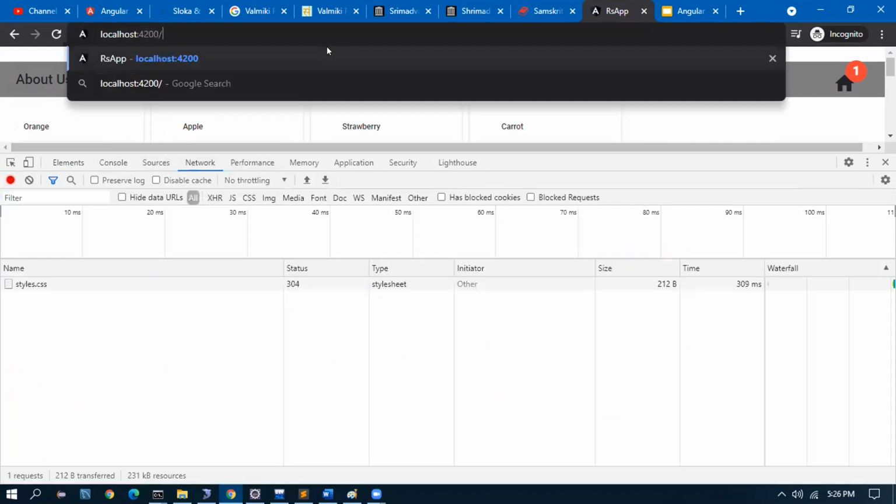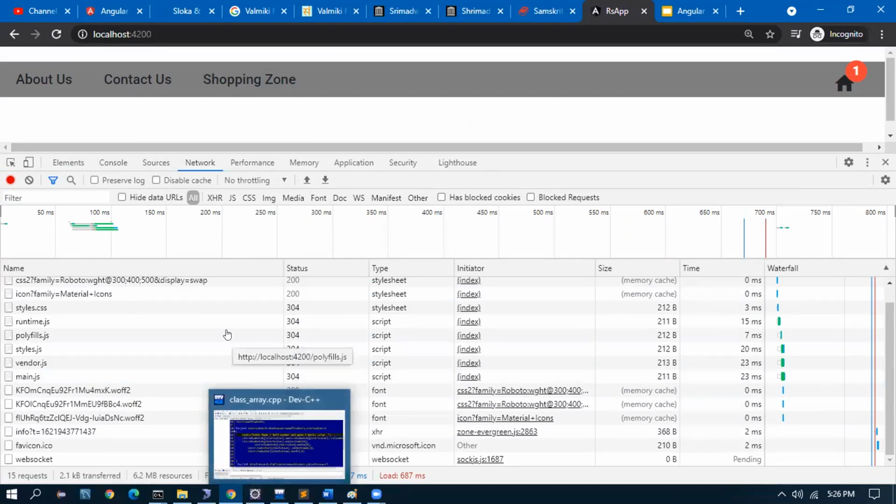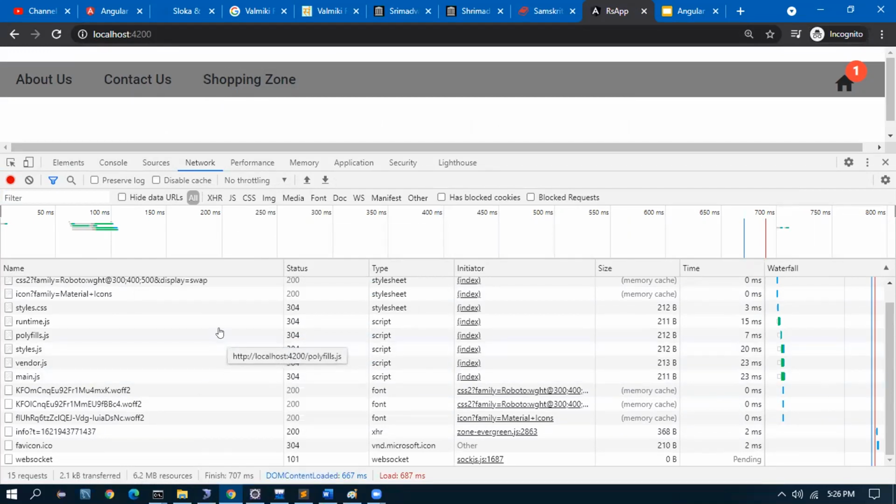That is my point. As a user, I don't have an intention to go into the shopping zone. In that case, why should I be loading it? Otherwise, I'll be loading it and keeping it in memory, which is a waste of internet and a waste of resources. Even 1 KB is a lot when you see it from mobile.